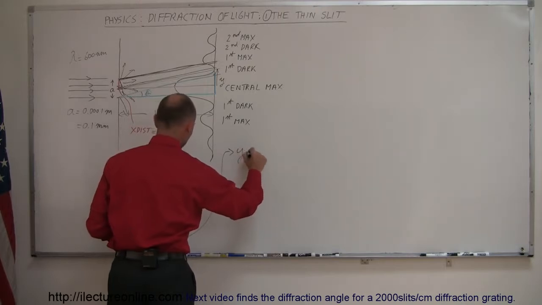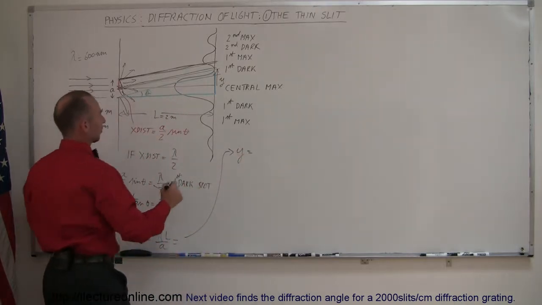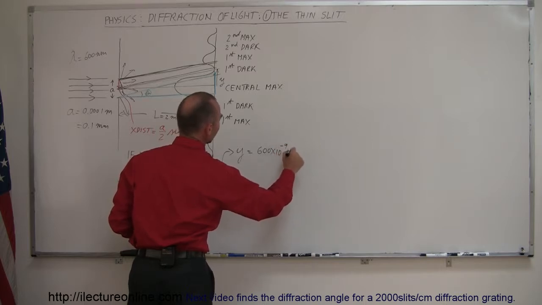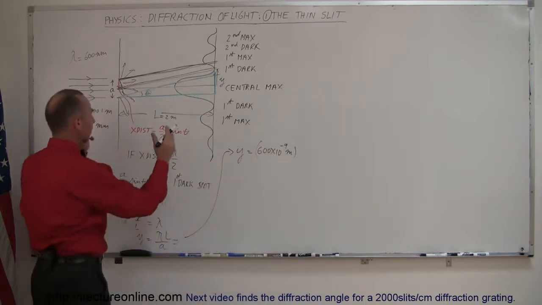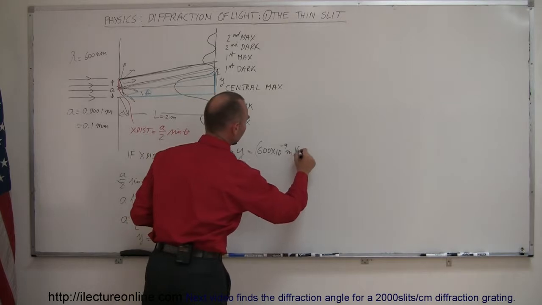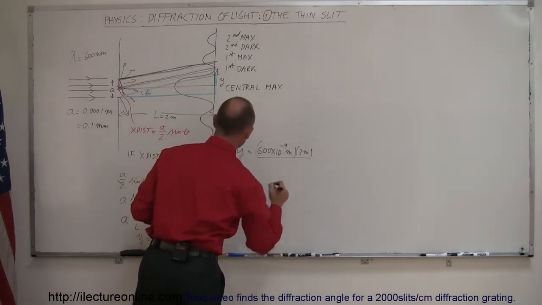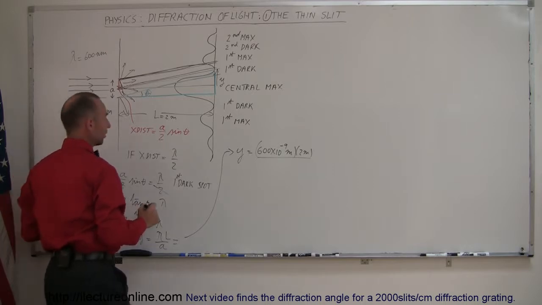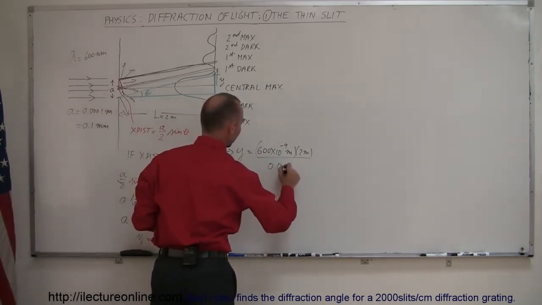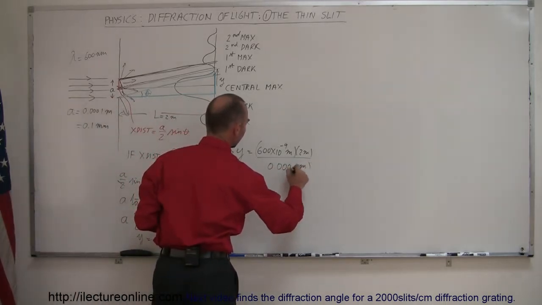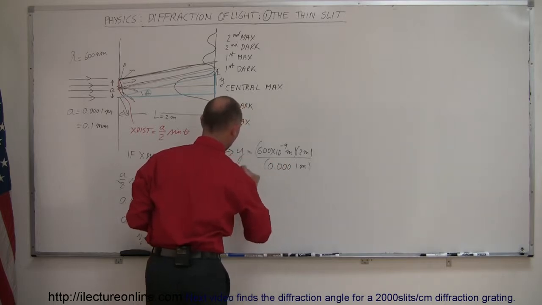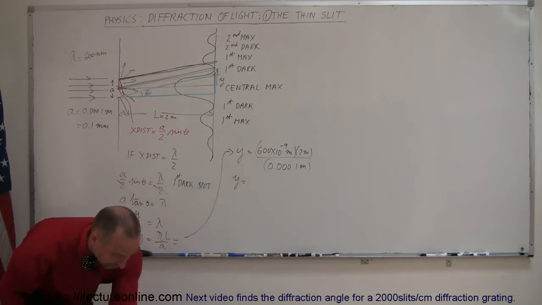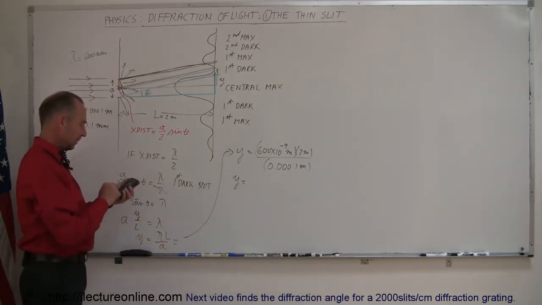We have y is equal to the wavelength of 600 nanometers, 600 times 10 to the minus 9 meters. L is the distance to the screen, which was 2 meters. And then we have a, which is the width of the slit, which is 0.0001 meter. And the distance to the first dark spot in this diffraction pattern is,